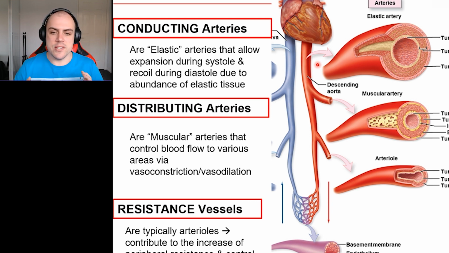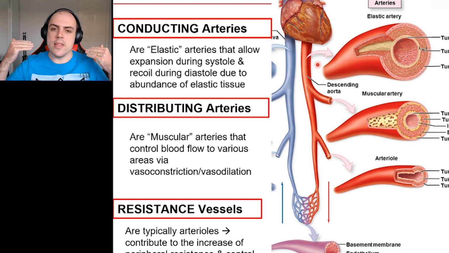Now, in our arteries, we have a couple of different types. We have our conducting arteries, and these have a lot of elastic fibers in them. That's very important because it allows them to stretch and then recoil, and that abides by the Windkessel principle, something we're going to talk about in a moment. So the conducting arteries are the really big arteries to allow that sort of